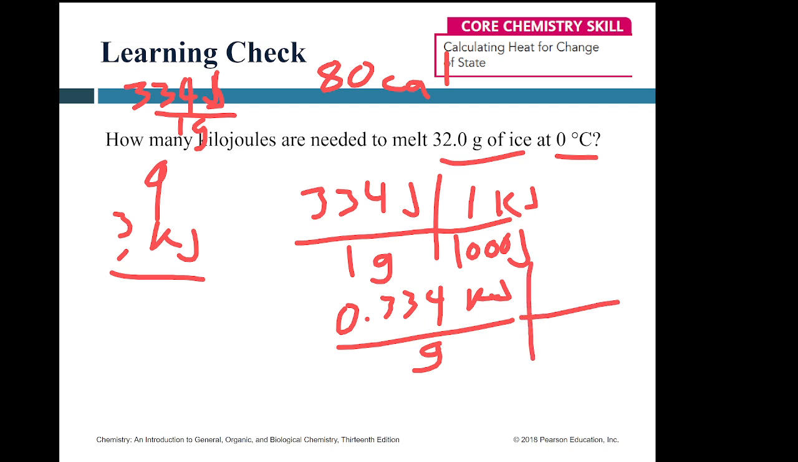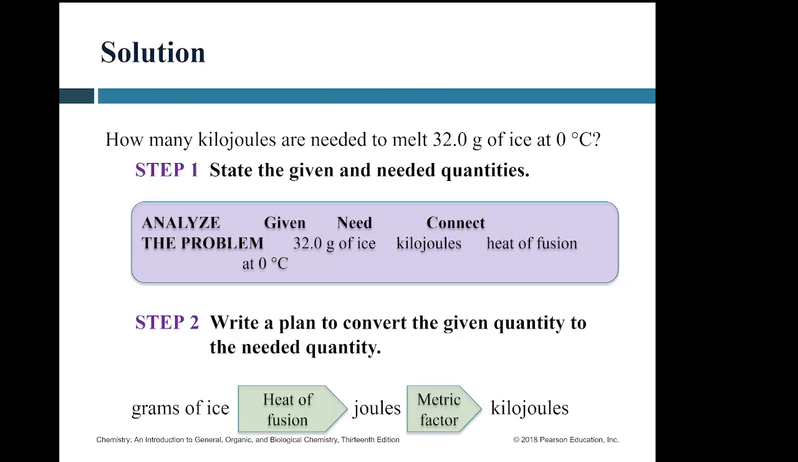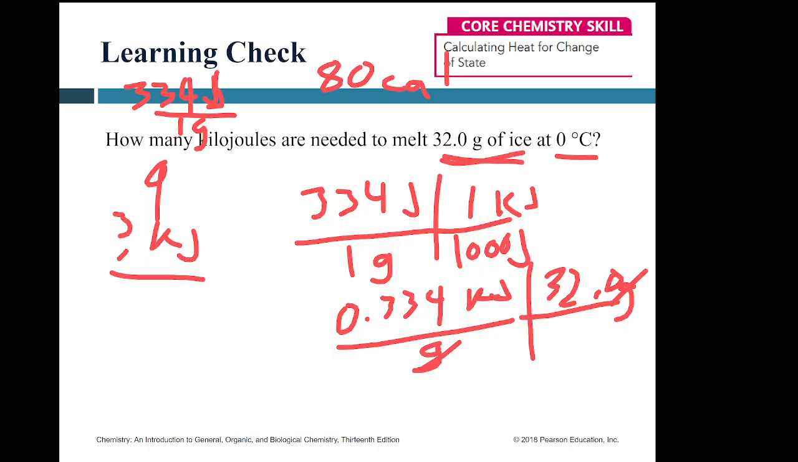Multiply it by my number of grams, right? So I have 32 grams of ice there. Grams will cancel, leaving me in kilojoules. Okay. Now, in terms of formula,